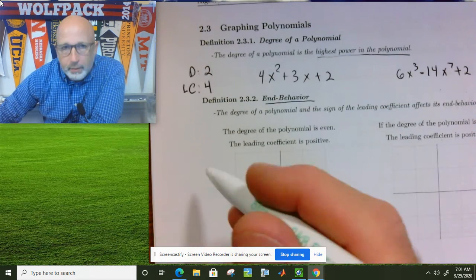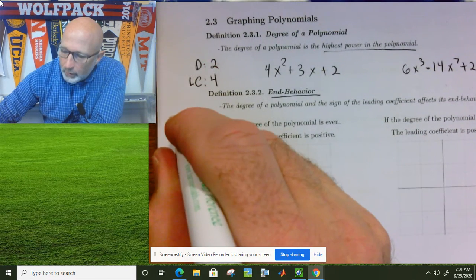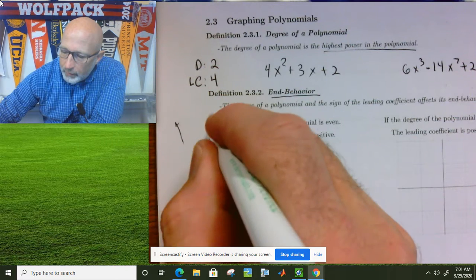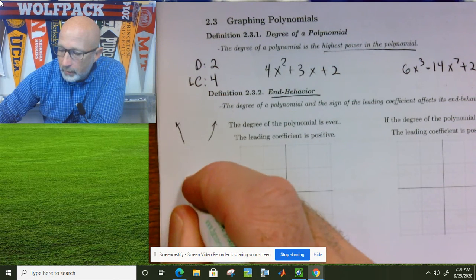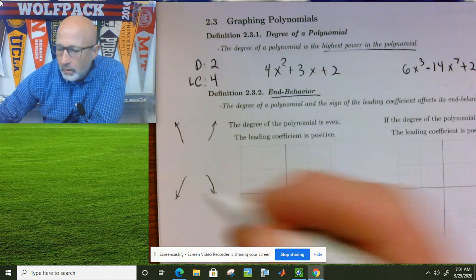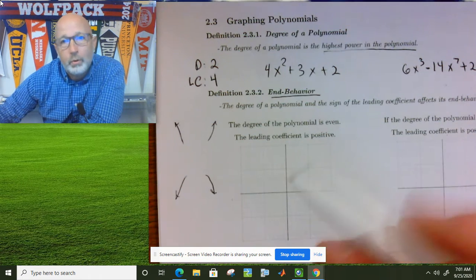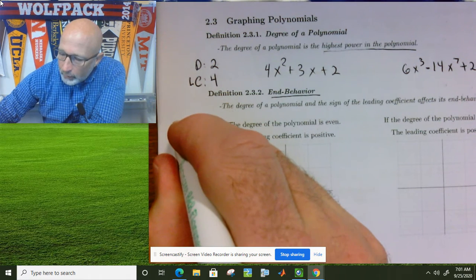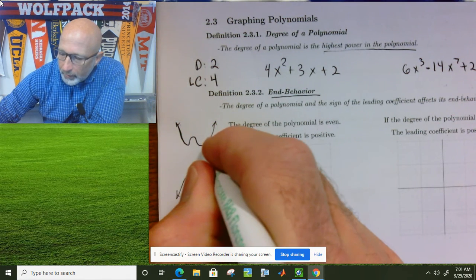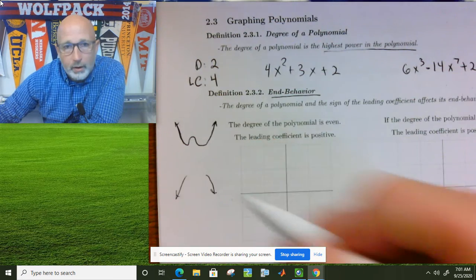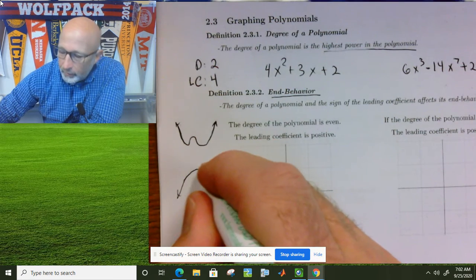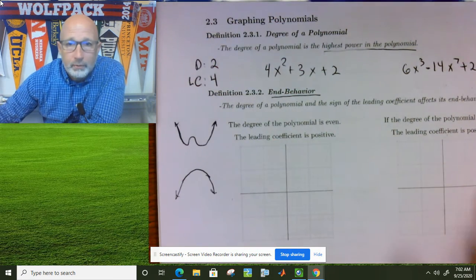So if the degree of the polynomial is even, it's either going to go up on the left and the right, or it's going to go down on the left and the right. Okay, now what happens in the middle? In the middle, I don't really care right now because I'm only worried about the end behaviors. So in this case, the graph might go something like this, okay, but once again, I don't care what happens